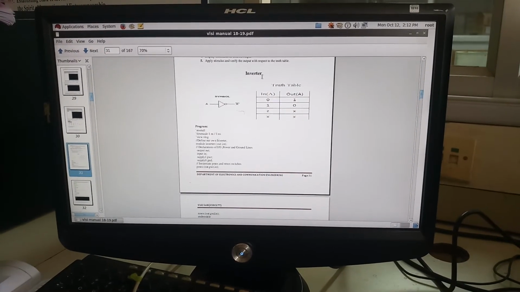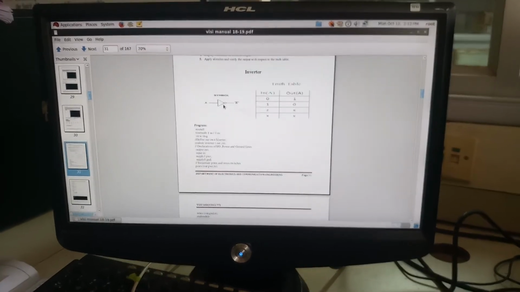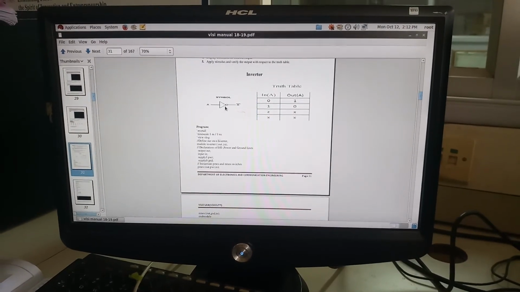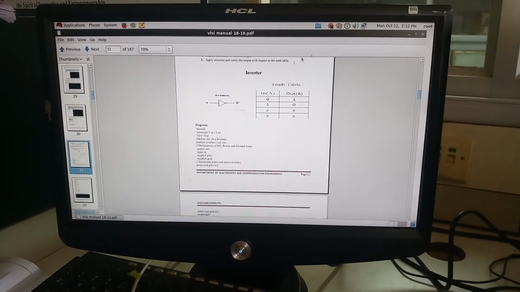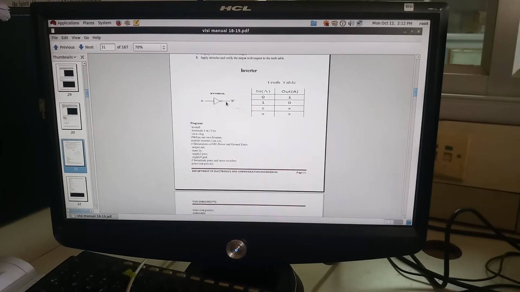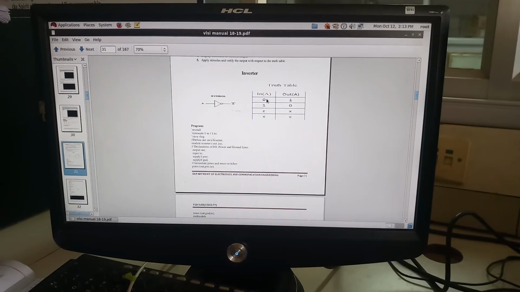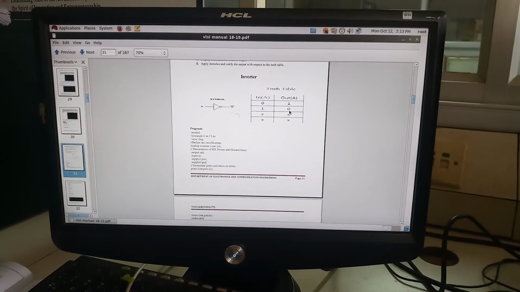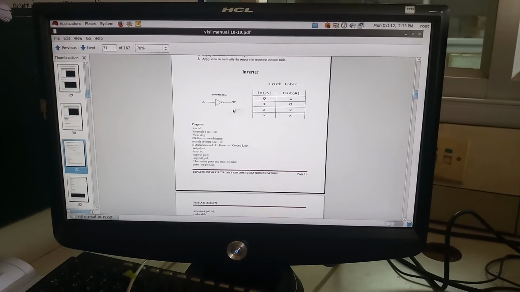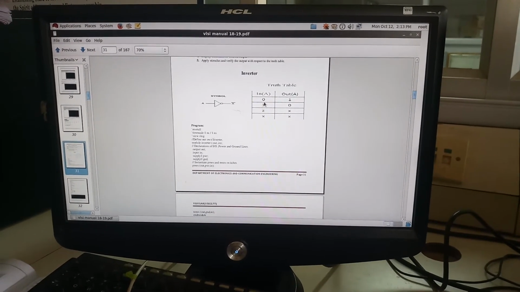Here is an inverter. First is an inverter, and this is a symbolic diagram. Now we have to see the logic diagram also. In the symbolic diagram, here A is the input and there is an output. Inverter, you know it, whatever you give as input, you will get the inverse of it. If you give 1, then you will get the inverse of it, that is 0. So this is the inverter working condition.